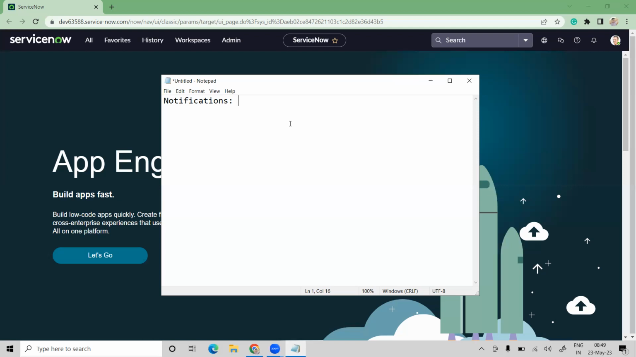Creating email notifications involves specifying when to run, who receives it, what it contains,